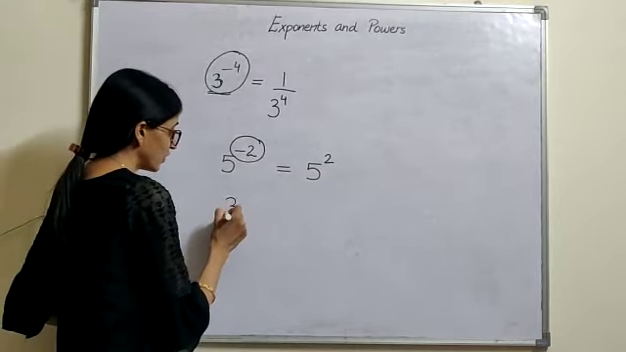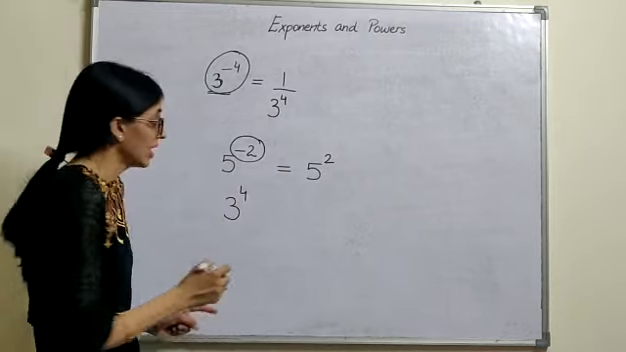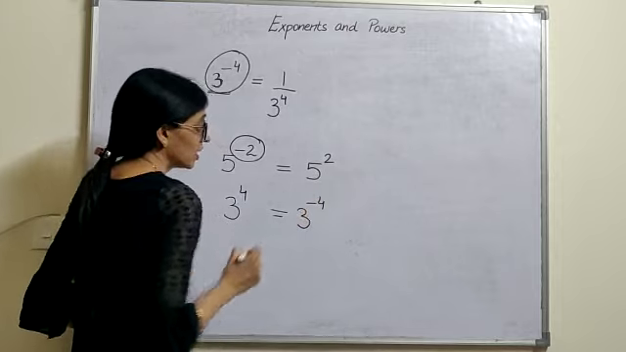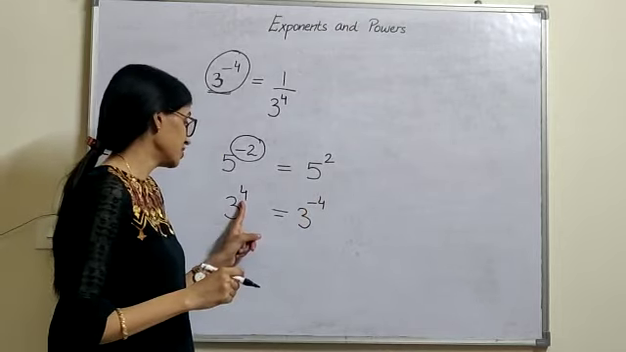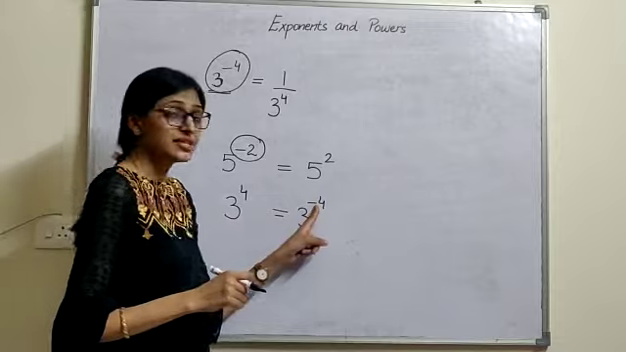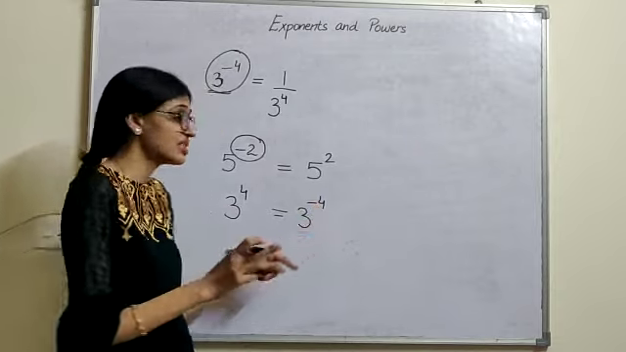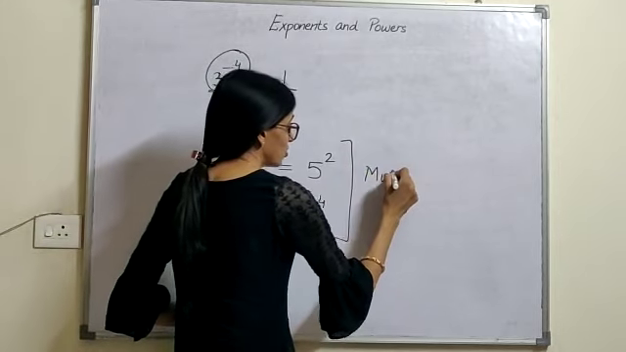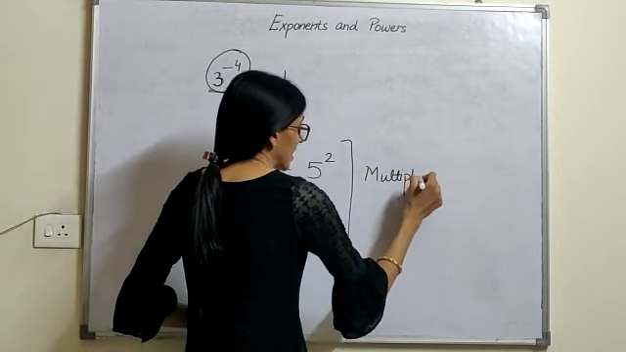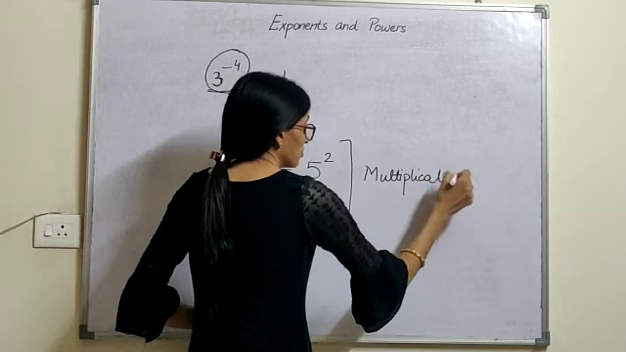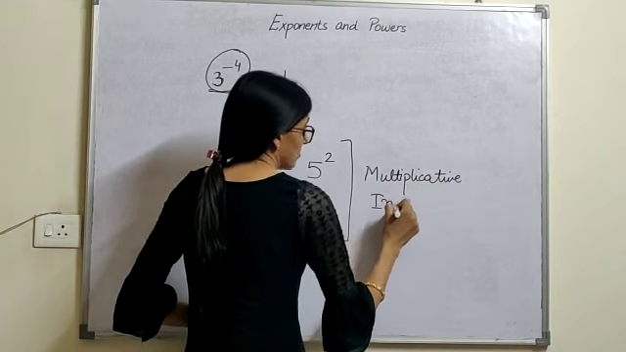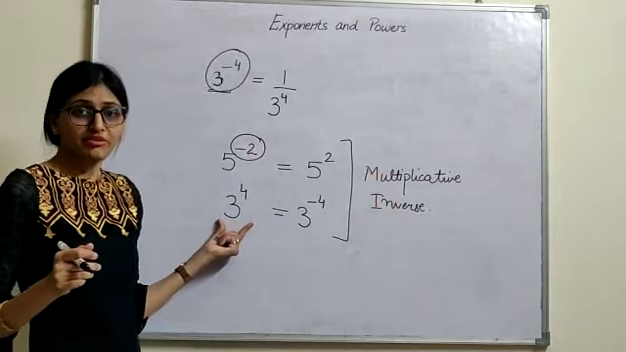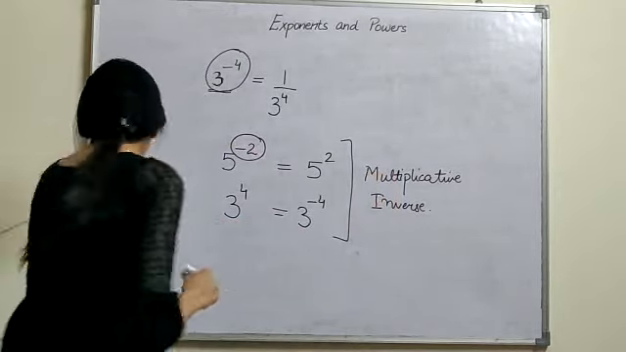If here it is given 3 raised to power 4, you have to find the multiplicative inverse, change the sign of the power. So change the sign of the power, 3 raised to power minus 4. This is the multiplicative inverse. Just you have to change the sign of the power given to you, and you will get the multiplicative inverse of the term given. Okay. Next part is,